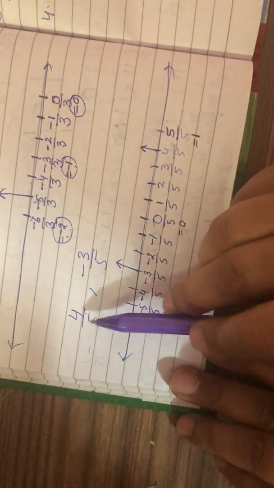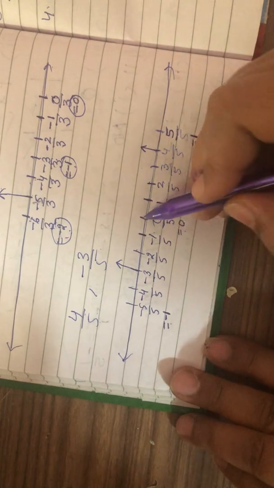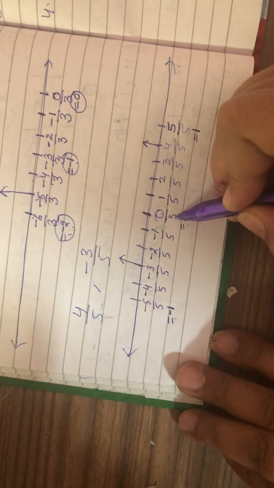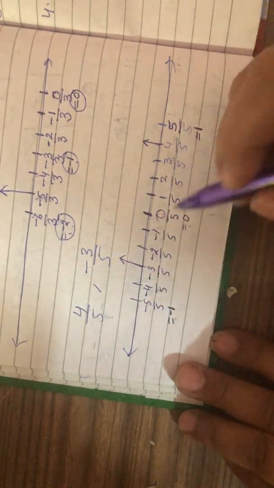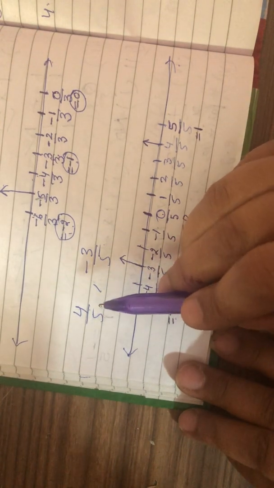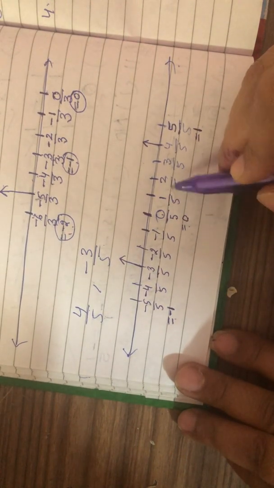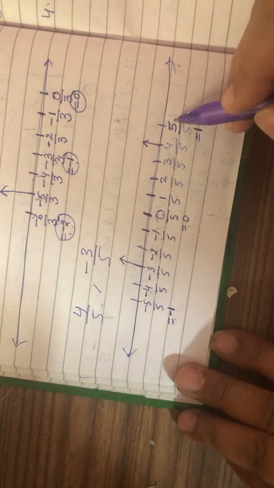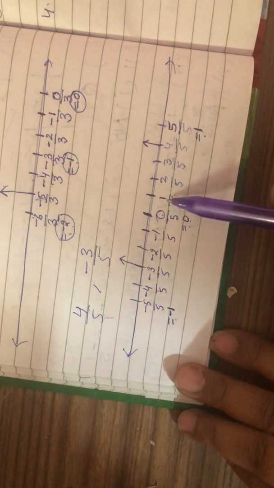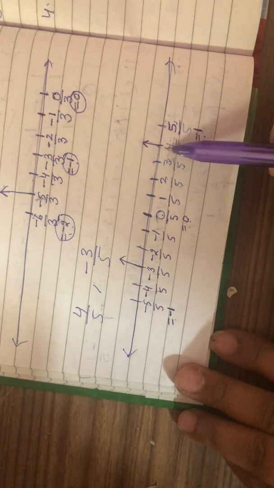Take one more example. If we want to represent 4/5, a positive, and -3/5, a negative rational number, again make a number line. In the middle you can take 0, as the denominator is 5, so we can write it 0/5. First of all, we'll represent the positive rational number. We'll divide 0 and 1 into 5 equal parts. So we'll start with 0/5, 1/5, 2/5, 3/5, 4/5, 5/5. So 5/5 is 1. And this is the location of 4/5.